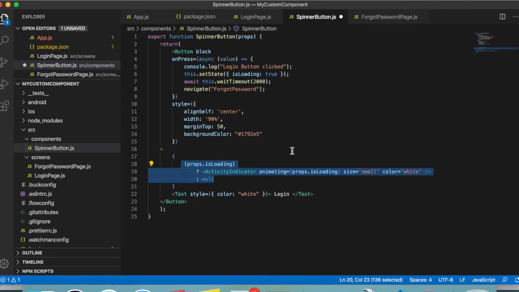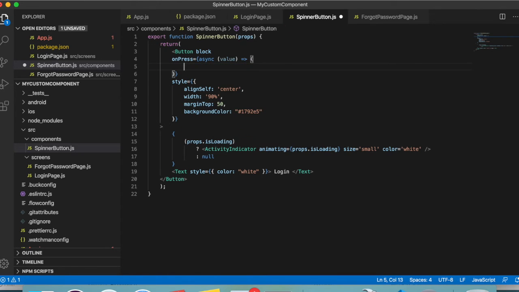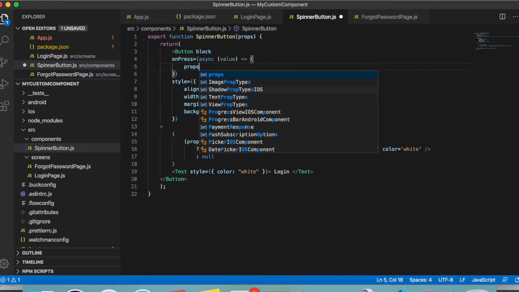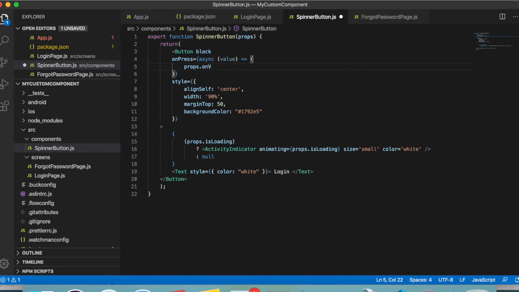The second part is whenever the child component is going to take any action, as in our case, we are going to press a button. Once the button is pressed, we want the state of isLoading to change. For that reason, instead of writing all this code over here, we will be calling another method, props.onButtonPressed.